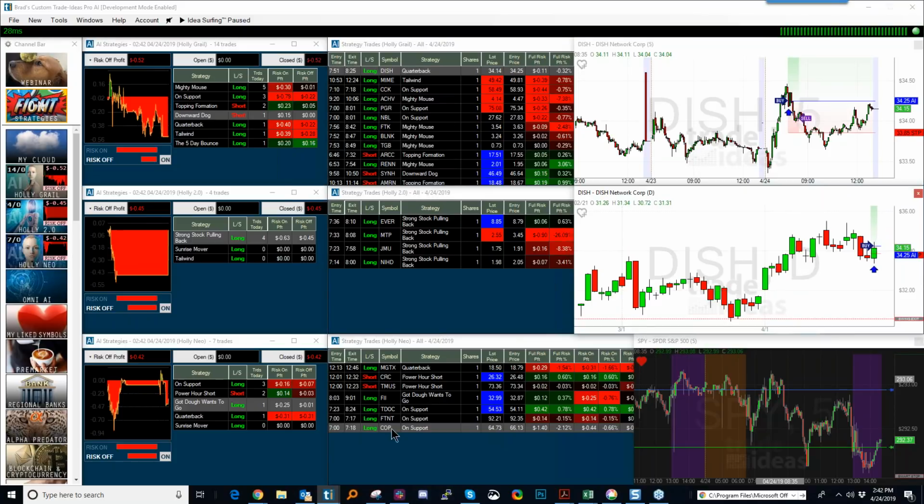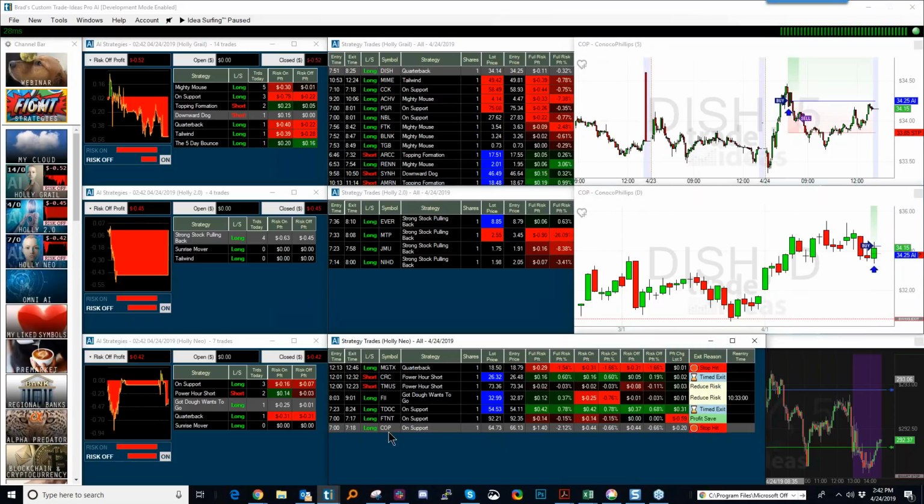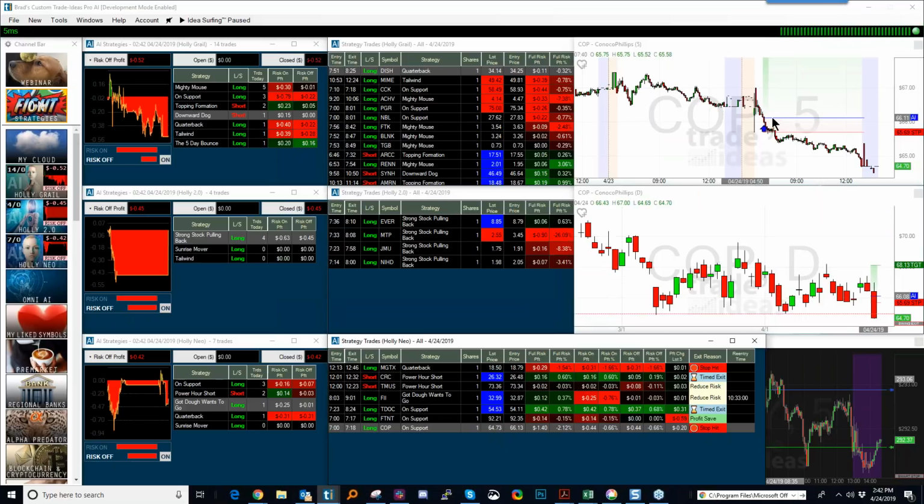I think COP was probably the worst for NEO, which I think is a great example because it allows you to see the different P&Ls that we keep track of, kind of lets you know what's the mode of this stock. Is this stock something better to be traded in the short term? Is this something that is better to be held to the end of the day? And it gives you that breakdown as to the P&L.